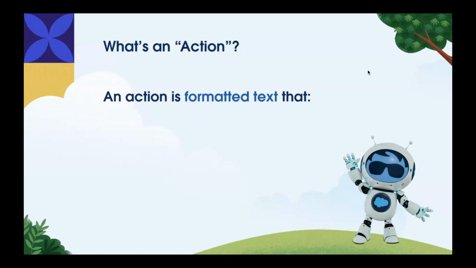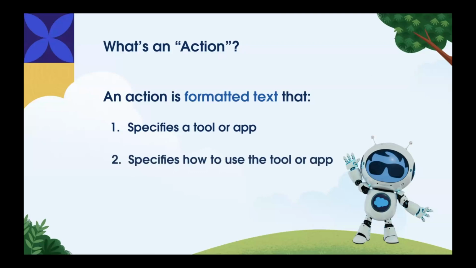So what do we mean by taking action? An LLM still is generating text. So we're still talking about an LLM here, but how can it empower action? Well, it can generate completely executable text. Let me be specific there. Imagine that the LLM can generate formatted text that, one, specifies the tool or app that's needed. So it's very clear about that: given that prompt, it selects the right tool or app. Two, not only selecting the tool or app, it needs to select the functions, the actions to take in that app